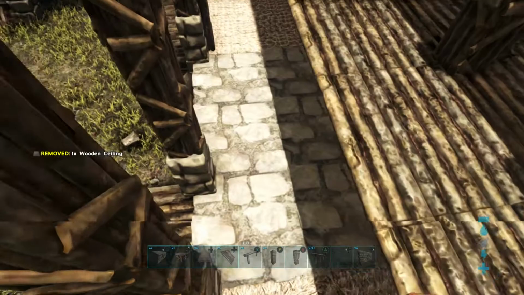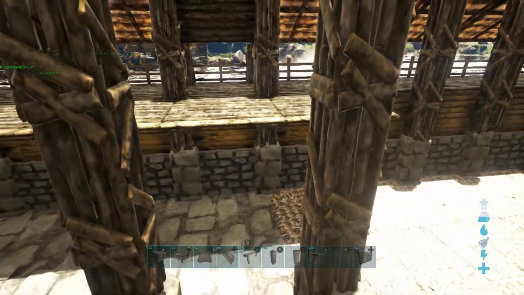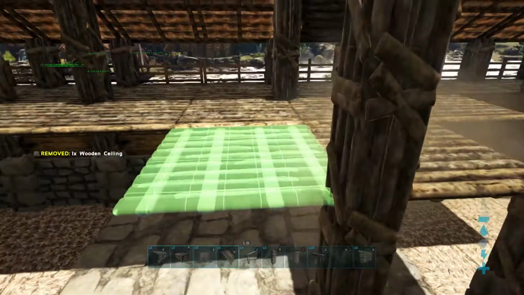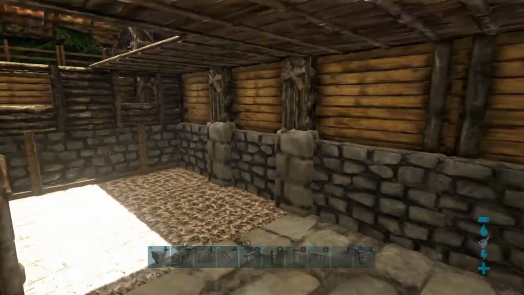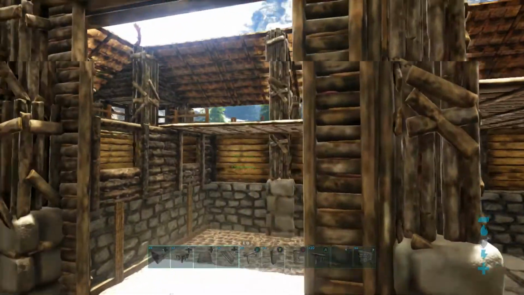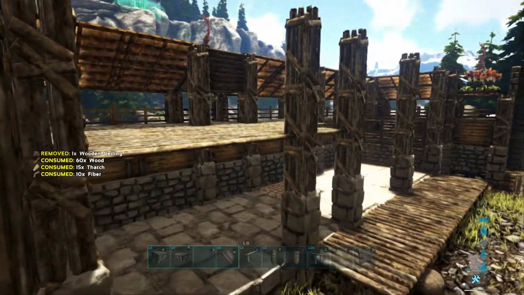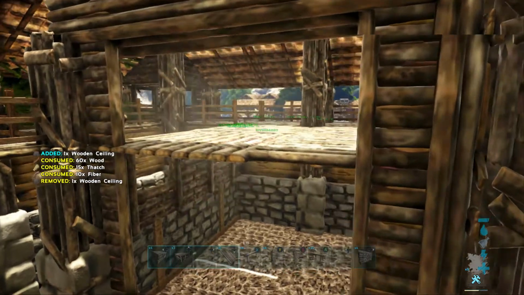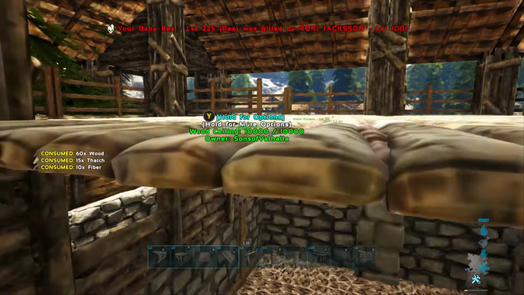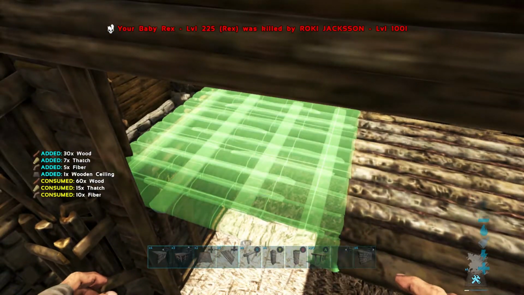Okay, now once you get to this point, once you go 1 over, we're going to then throw our wooden ceilings over the top here. If you're running on a server that doesn't allow clipping, you need to follow the process that I'm doing now,